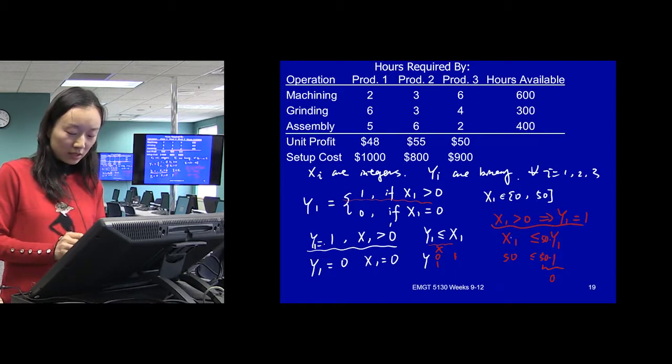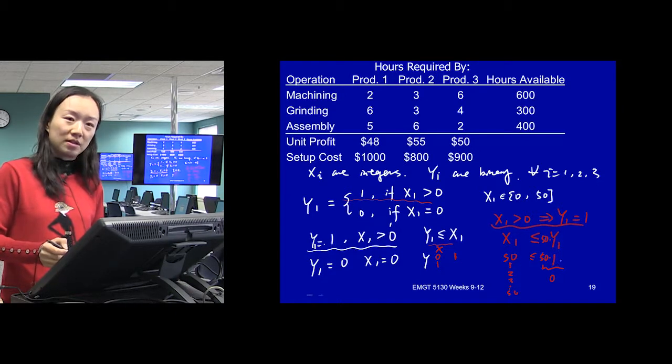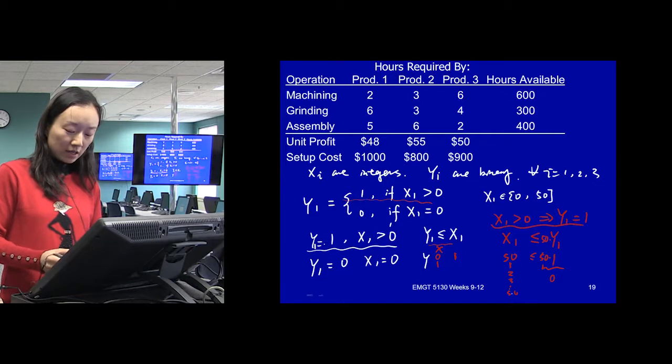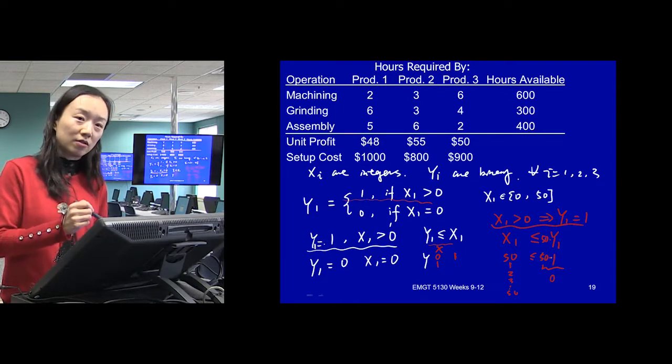So when this x1 starts to increase to a value that's more than 0, say 1 or 2 or 3, all the way to 50, it will still force our y to be 1 because it cannot be 0. It can only be 1. And the condition is satisfied. All the values that x1 takes are less than this 50, because 50 is the value that we identified. That's the maximum value that x1 can be.